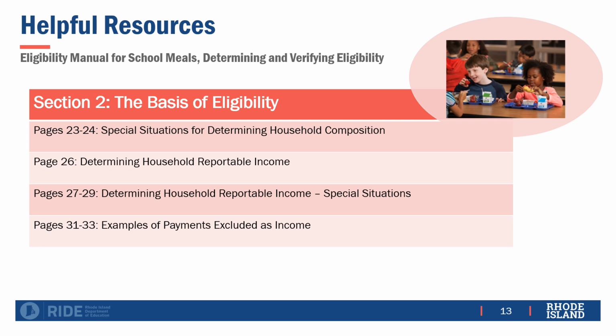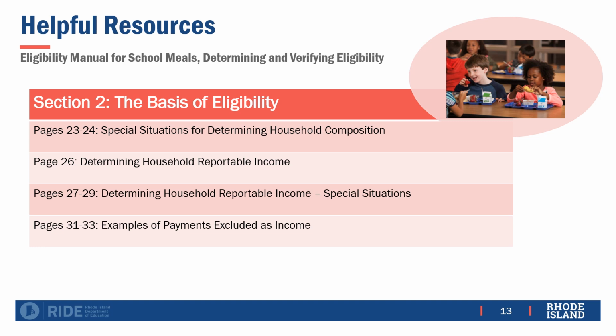If you don't have a copy of the Eligibility Manual, please contact us and we will email it to you. Most of your questions can likely be answered using the handbook. In particular, in Section 2, the basis of eligibility, the pages listed here include a lot of scenarios you might